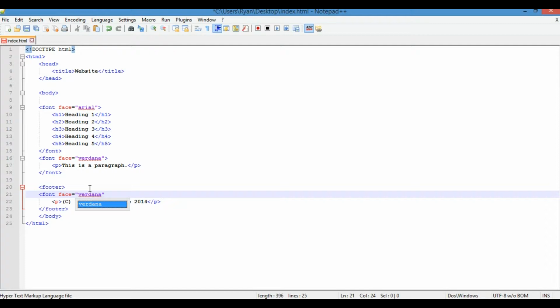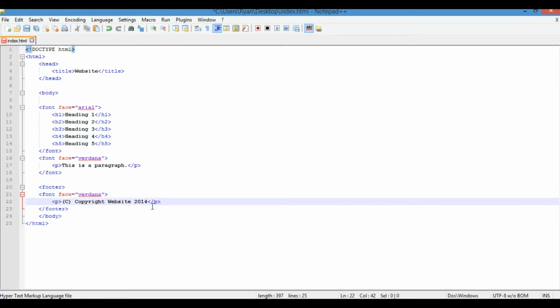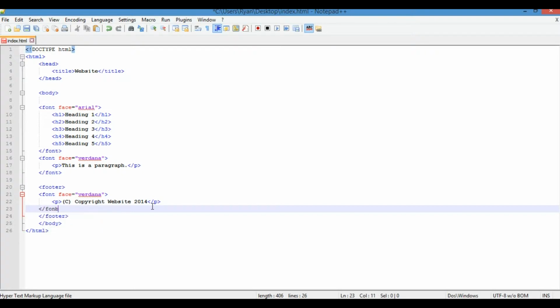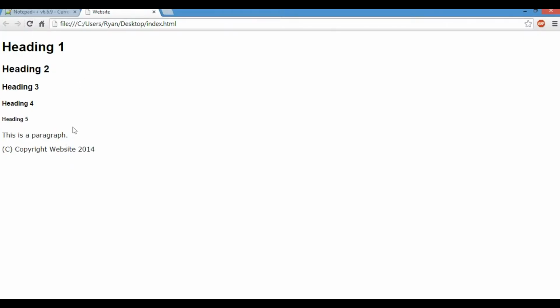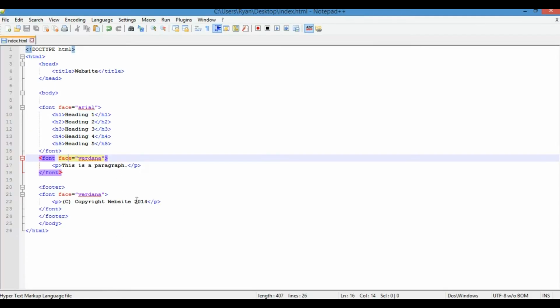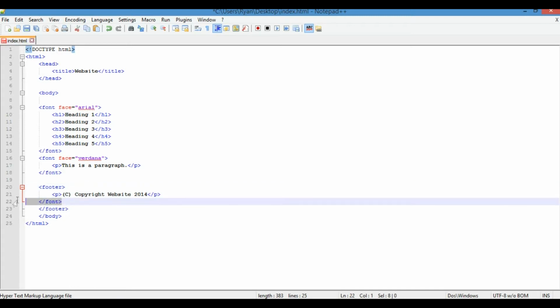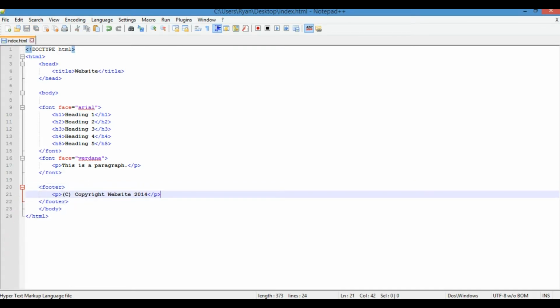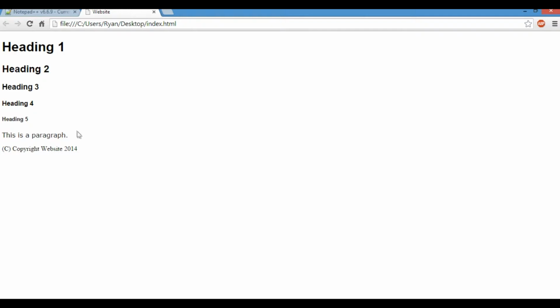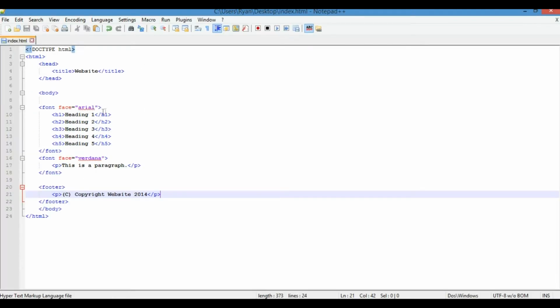Verdana, and then you can just do slash font like that. So that just obviously creates a font like it did up there. It's really nothing at all different, and it just changes the font there. But I usually have it just as the default because it just looks better in my opinion. It's probably the New Roman font, whatever it is, it just looks better as a copyright